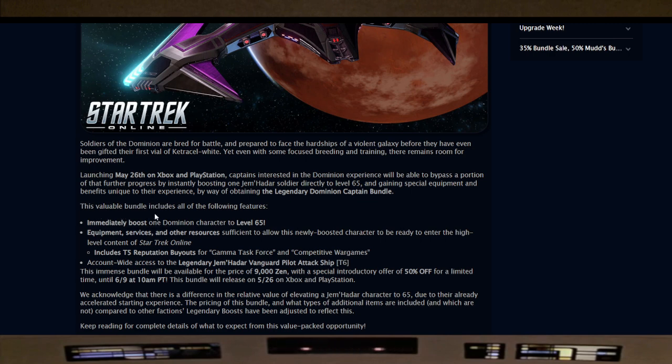This valuable bundle includes all of the following features: immediately boost one Dominion character to level 65, equipment, services, and other resources sufficient to allow this newly boosted character to be ready to enter the high-level content of Star Trek Online, includes T5 reputation buyouts for Gamma Task Force and competitive war games, account-wide access to the legendary Jem'Hadar Vanguard pilot attack ship. This immense bundle will be available for the price of 9,000 Zen,